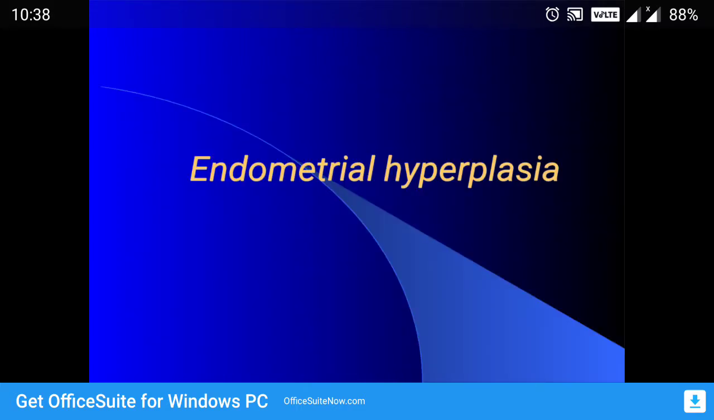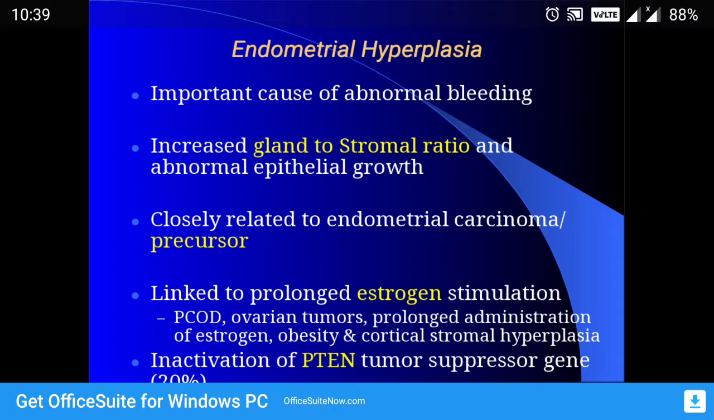Okay, so today coming to the next topic, endometrial hyperplasia. So I think you remember what is hyperplasia. If you don't remember, go back to the first chapter, cellular adaptations, and read what is hyperplasia. Hyperplasia is an important cause of abnormal uterine bleeding, and an important feature is increased gland to stromal ratio. That means increased glands. Okay, so there is increased ratio between glands and stroma when you look under the microscope, and